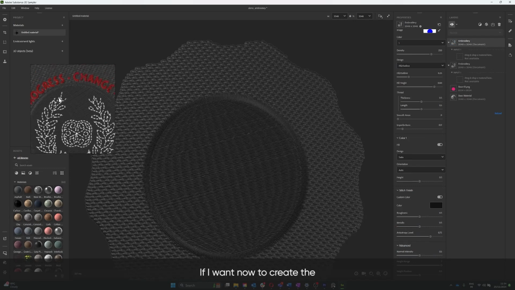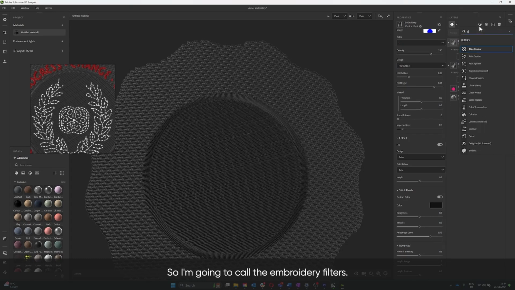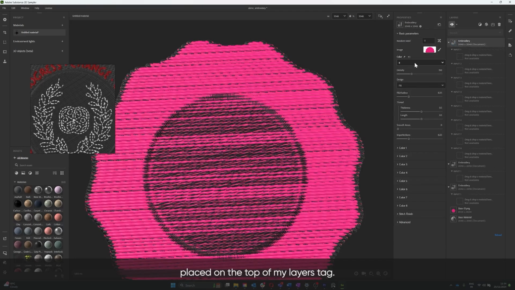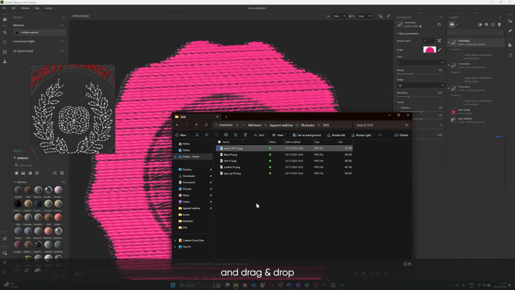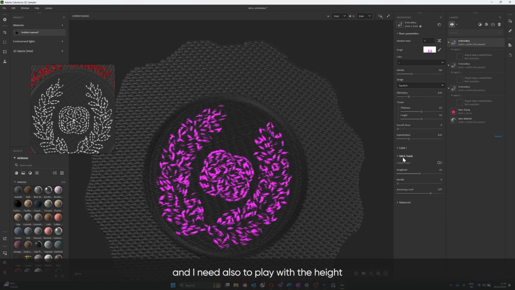If I want now to create the top stitches element using my other images, I'm going to use the same filters. So I'm going to call the embroidery filters. The embroidery filter will be placed on the top of my layer stack. Select one because I want to convert only one element, and drag and drop my other image to convert this image into an effect. By default, the design is set to fill. I want to set it on top stitches, and I need also to play with the height position